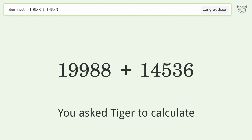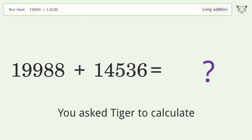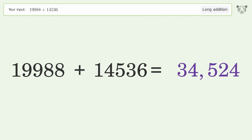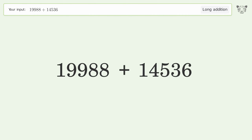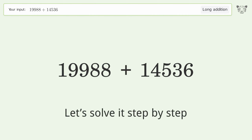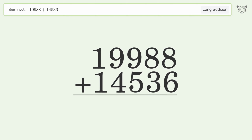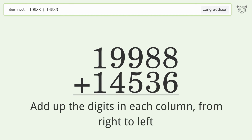You ask Tiger to calculate. This deals with long addition. The final result is 34,524. Let's solve it step by step. Rewrite the numbers from top to bottom, aligned by their place values,